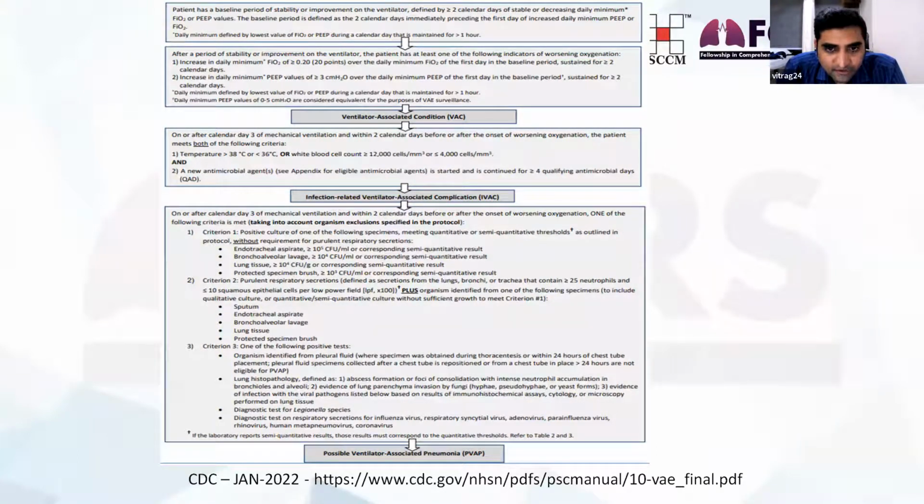So what is purulent respiratory secretion? It has been defined as more than 25 neutrophils and less than 10 squamous epithelial cells. So whenever we ask our microbiologists regarding sample adequacy, we always ask how many neutrophils, polymorphs they found and how many epithelial cells they found, to avoid any contaminated sample, to check whether saliva has been sent or a proper adequate sputum sample has been sent or